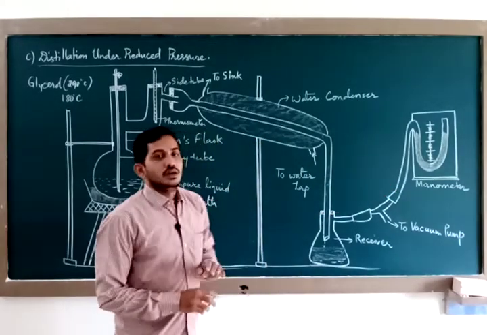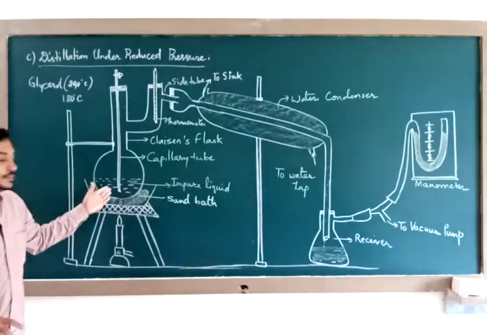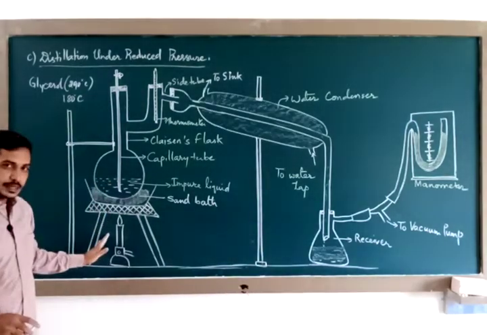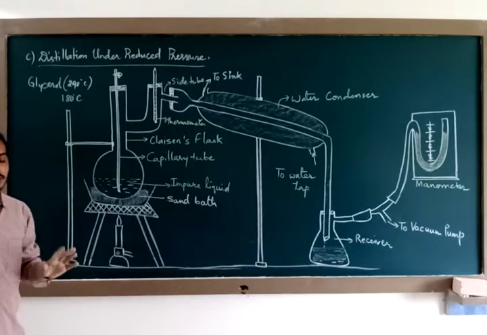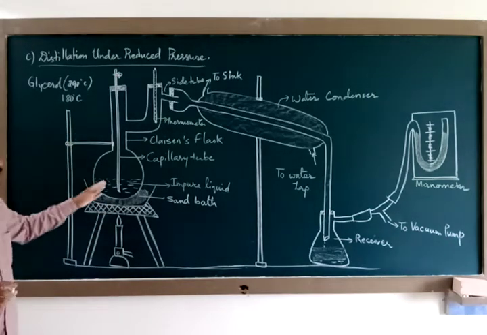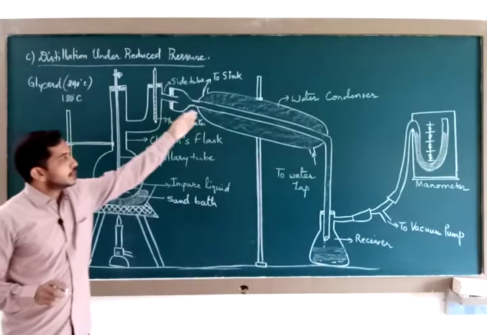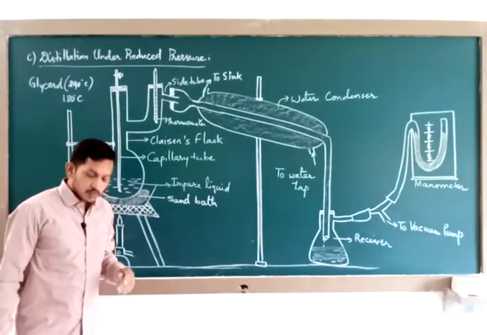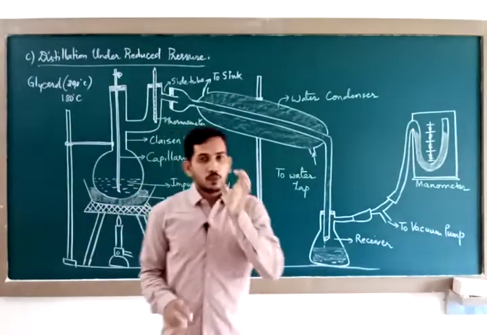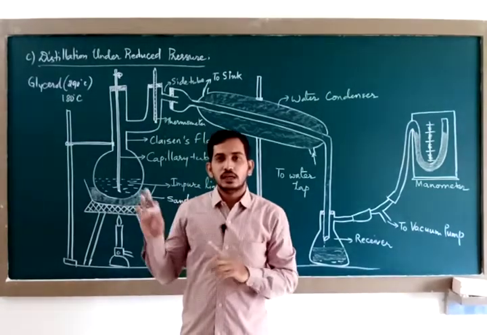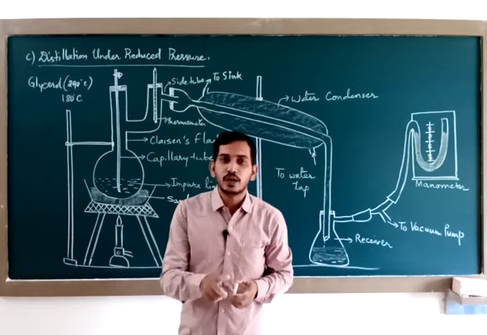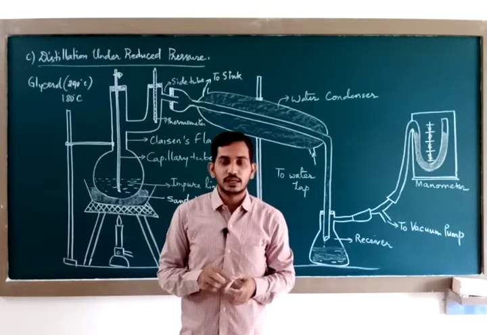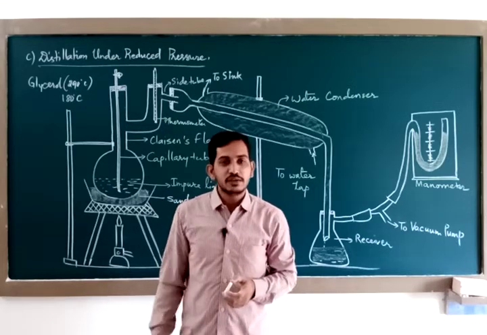Now, the liquid in the Claisen's flask is heated. After heating, vapors should be formed. Vapors of what? Glycerol vapors should be formed. These vapors get condensed back into liquid. Now, what happens exactly in this technique? You are making that liquid boil at a lower temperature than its normal boiling point. How is it done? It is done first by